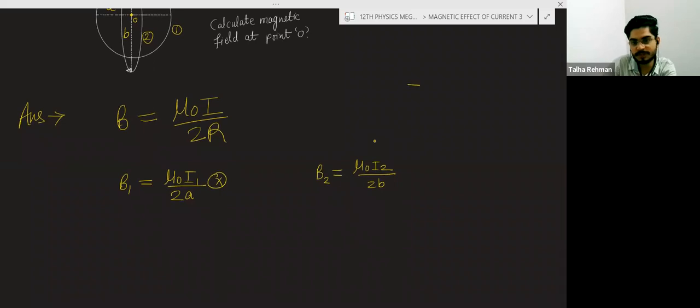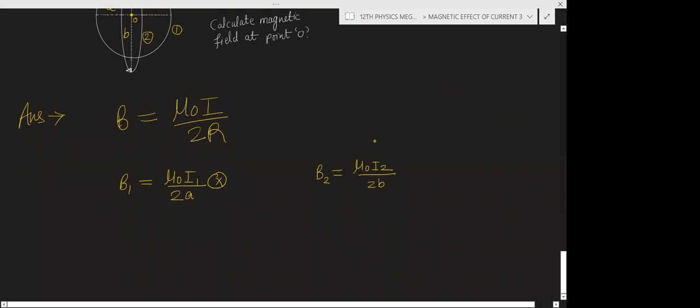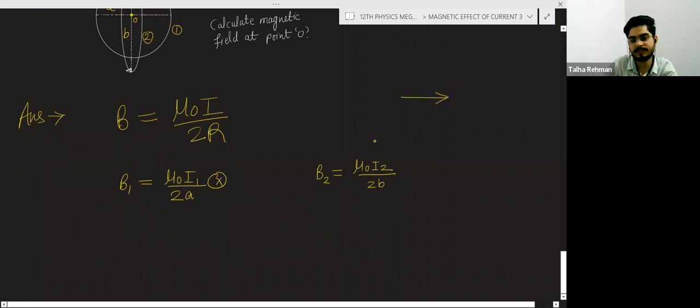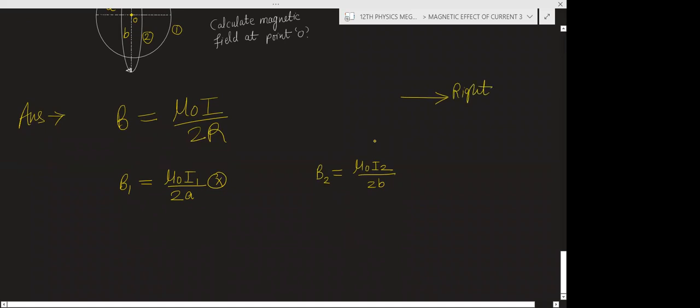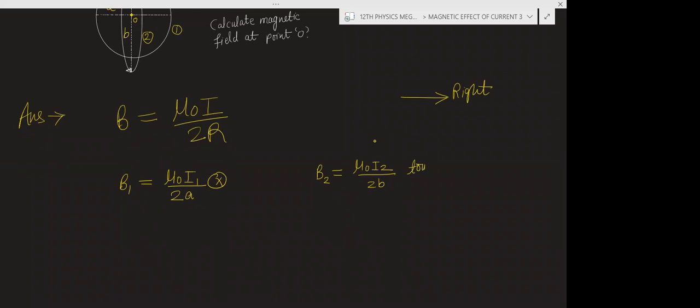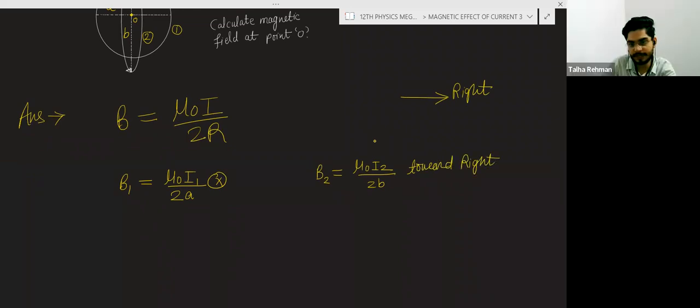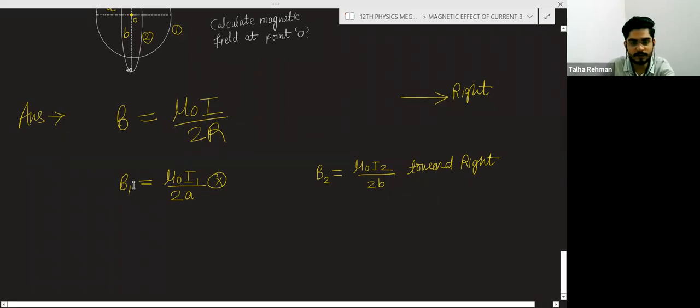So what is positive Z axis is this now? Yes. This is positive Z axis means this is right or left? Right. So towards right. I think now you are getting the things. So if you will convert this into the vector form